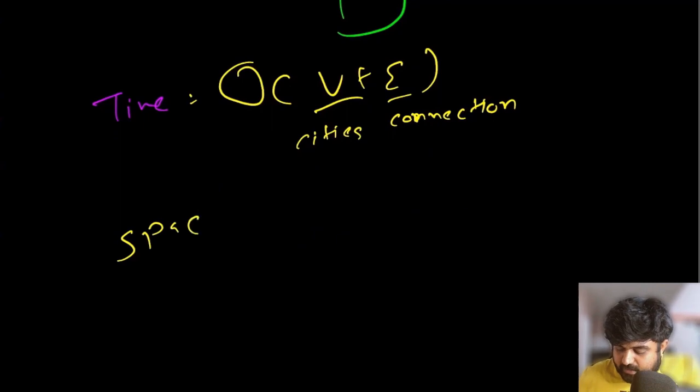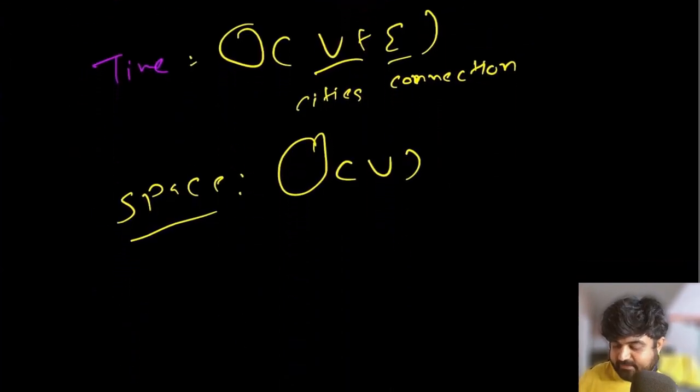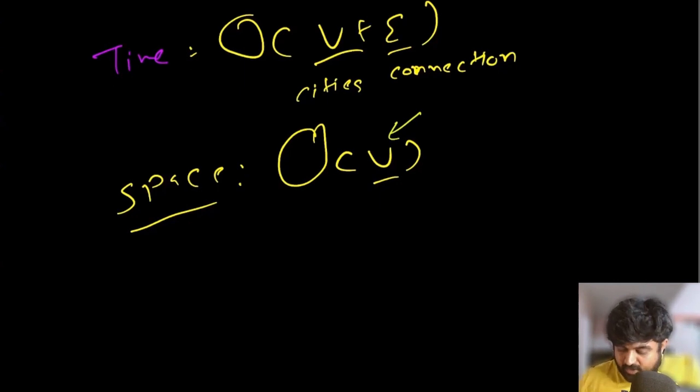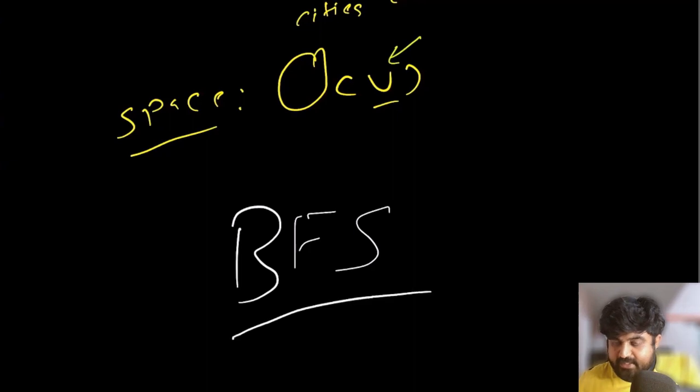Space complexity is also going to be big O of V, because the space complexity is based on the visited hash set and the queue that we have to generate, which can hold maximum up to 5 cities for this example. So it is directly related to the number of vertices that is present inside our given example. Awesome. So see how knowing BFS made our life so much easier. Let's move on to the coding explanation for this problem.